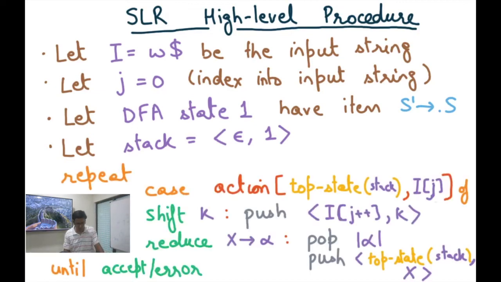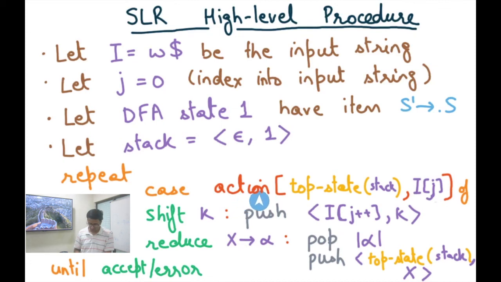Alright, and this is the pseudocode for my SLR algorithm. It's rather simple. I just repeat until I either accept or there is an error. Acceptance is if there's nothing left on the stack except the non-terminal S prime, and I have reached the end of the input, right? And error is if I ever reach a state where there is no possibility, neither shift nor reduce. And so to decide whether to shift or reduce, I consult the action table that I built in my last slide.